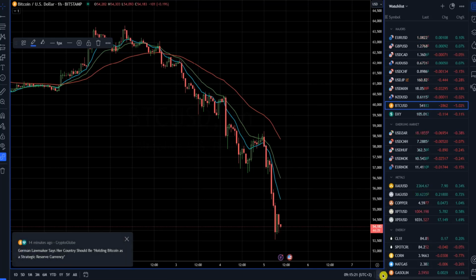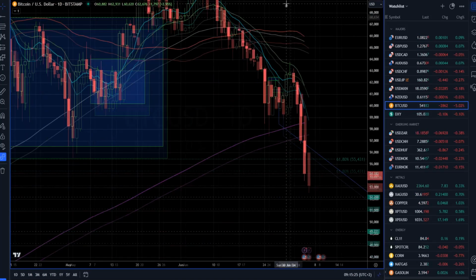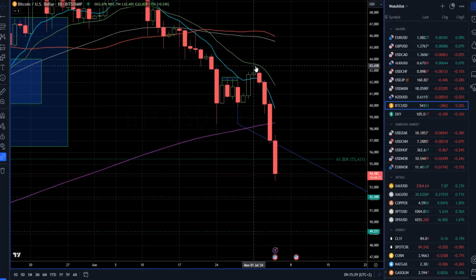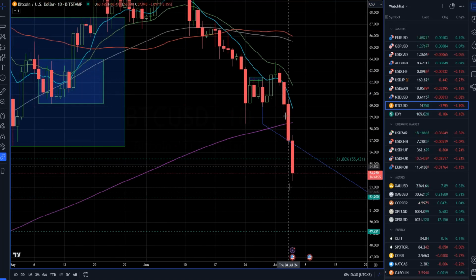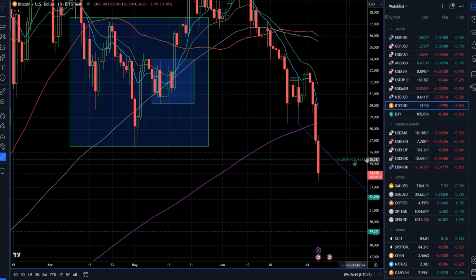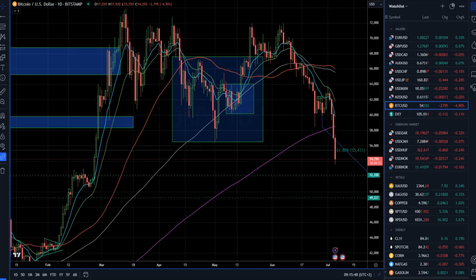On the Bitcoin, this is something that I alerted you about, and the progress is pretty remarkable, I will say, because we had a rejection of the declining 20-day moving average 4 days ago, and we spotted this at the time. So there was a potential for a drop towards at least 56,000. Not just that we traded towards the 56,000, the market is now trading at the 54,000 mark, and with a strong